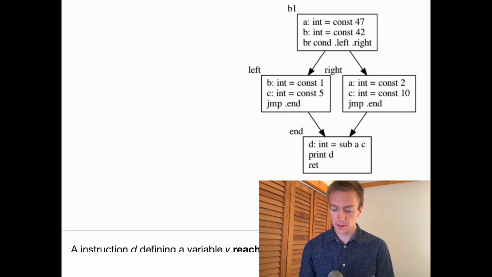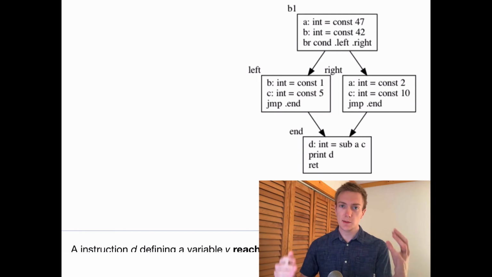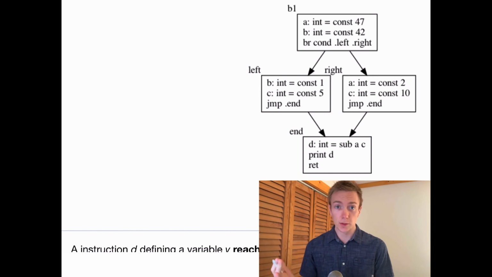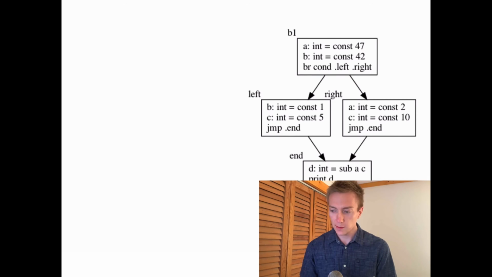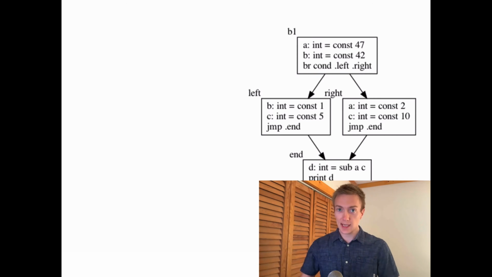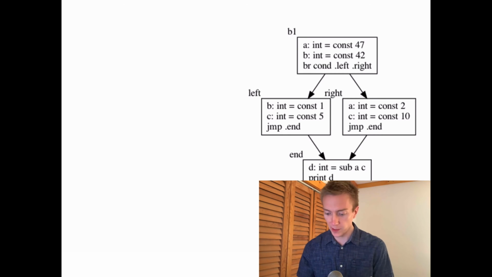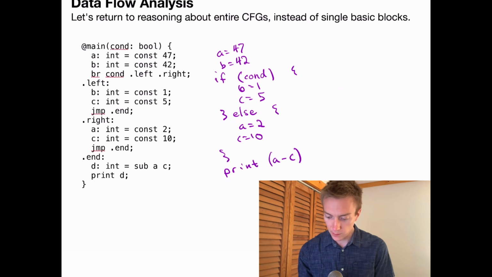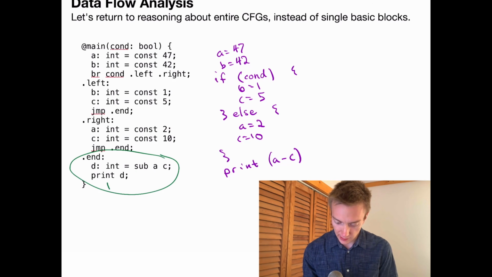That is, we'll have to think of things in terms of basic blocks and the way they're interconnected. To make it entirely obvious, I really want to emphasize that this is not something that can be solved using the same sort of constant propagation LVN techniques that we saw in the last lesson, in general, for arbitrary control flow graphs. It may be possible to do that for this particular program, but one simple way to break that kind of reasoning, just scanning down the list of instructions and updating things one by one, is to realize that this program is equivalent to one where we take this end block